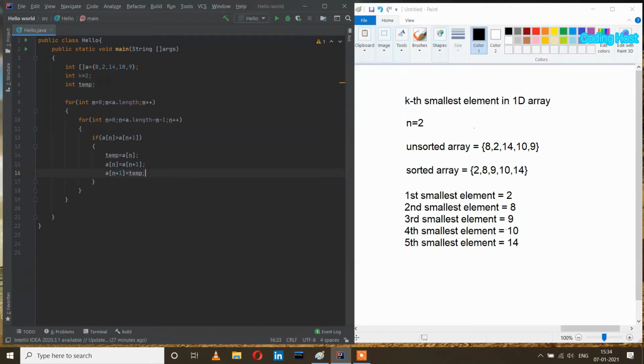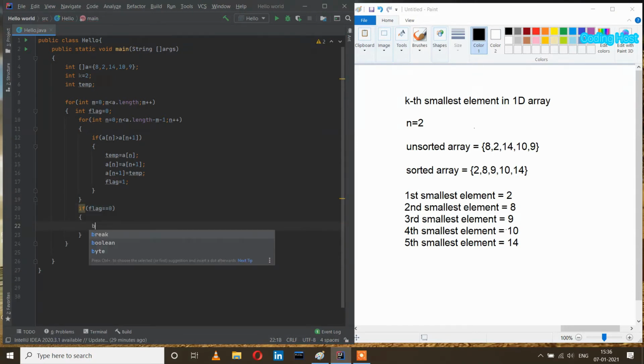Also I am using a variable int flag equal to 0, and every time when the elements are swapped we will change the value of flag to 1, and here I am using an if statement: if flag equal to 0, then we will break the loop.